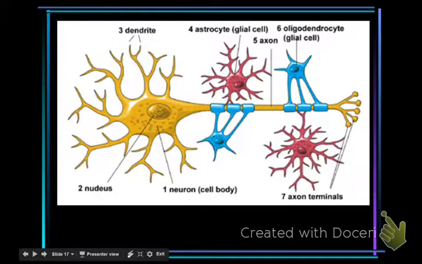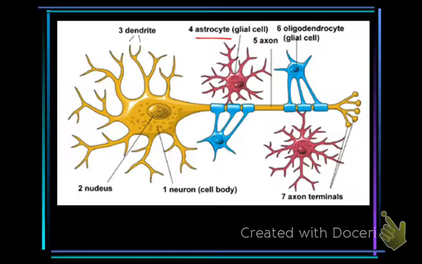Okay, this picture I've got up here because I wanted you to see just a couple of the types of support cells and what they do. Astrocytes, those are called star cells because, duh, they look like stars. And then we have oligodendrocytes. These secrete an insulation material called myelin. And we're going to talk about demyelination disorders like multiple sclerosis, Parkinson's, and so on, where we have problems with these myelin cells. But you can see that the nerve cells do need support, lots of supporting cells, 100-to-1 ratio,